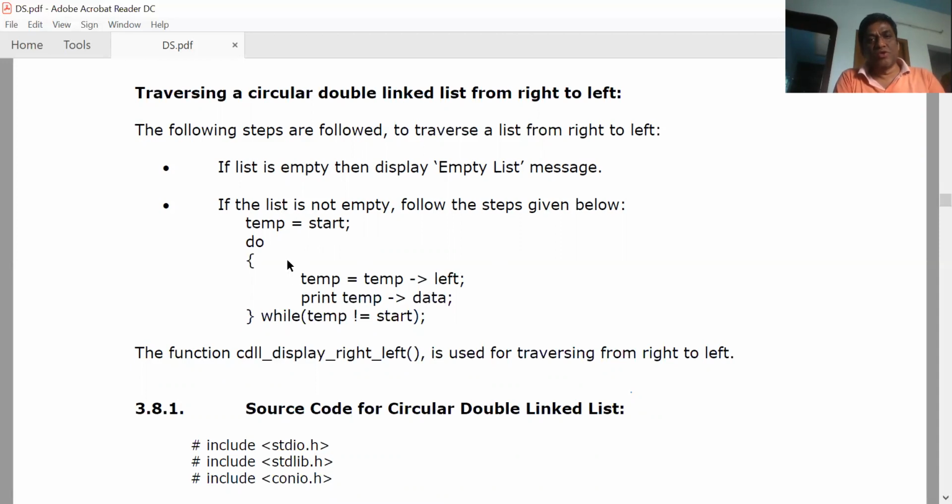And with this loop, temp data will not be displayed. Therefore, you need to make a change here. This print temp data, move it up. You put it here. Print temp data, and then you perform temp is equal to temp left. Then the data in the first node also gets displayed. Okay, that is what you require.